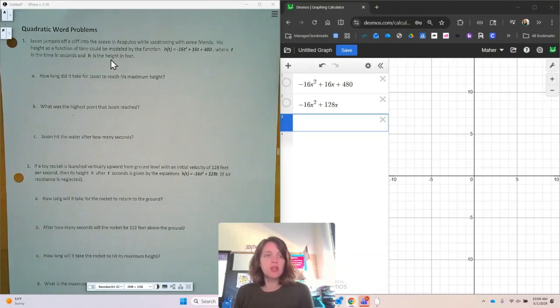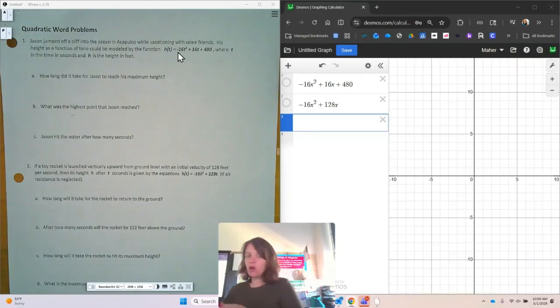at the graphs. So the first one says Jason jumped off of a cliff into the ocean in Acapulco while vacationing with some friends. His height as a function of time could be modeled by the function h(t) = -16t² + 16t + 480, where t is the time in seconds and h is the height in feet. So basically what we're looking at is a function that talks about somebody jumping off